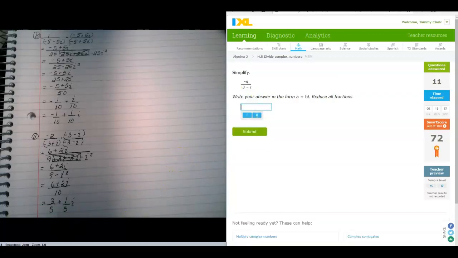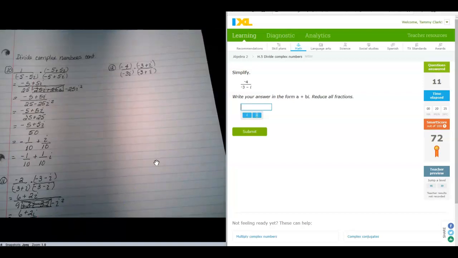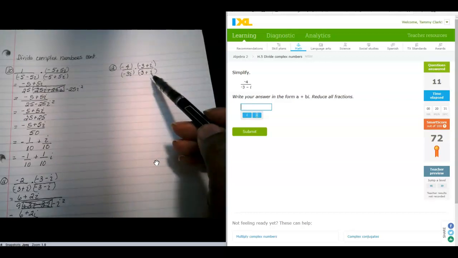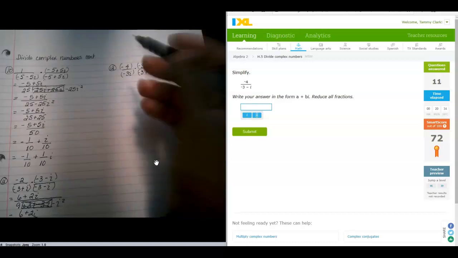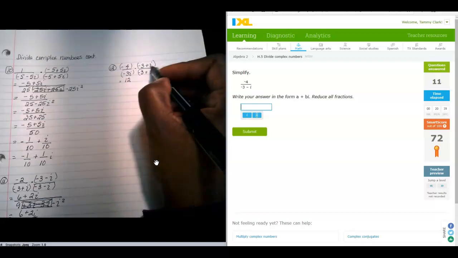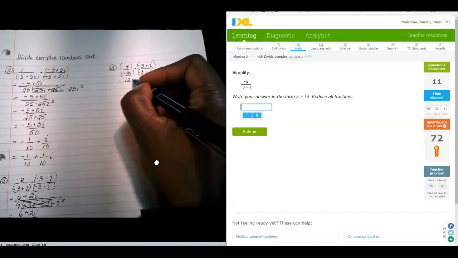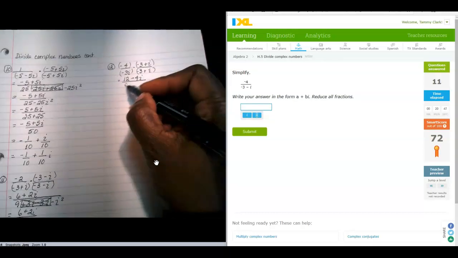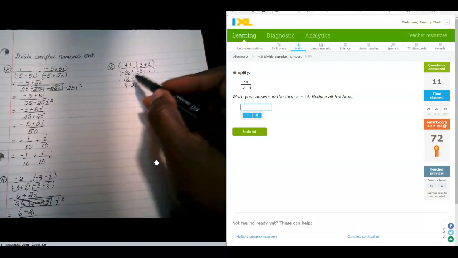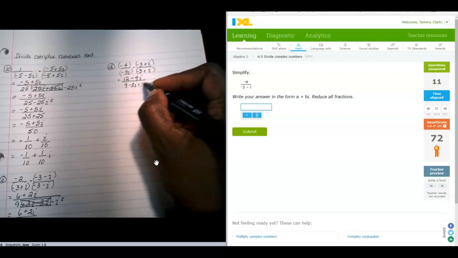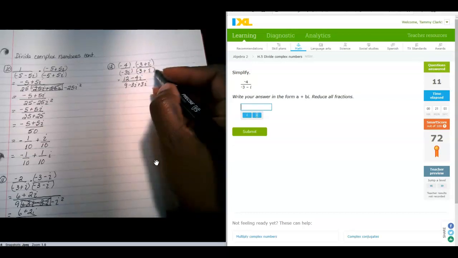Okay, just a few more to go. All right, we've got -4 divided by -3 minus i. We're multiplying by the conjugate, which is -3 plus i. Let's go ahead and get to it. -4 times -3 is positive 12. -4 times positive i is -4i. And then on the bottom, we've got -3 times -3, which is positive 9. -3 times positive i is -3i. Negative i times -3 is positive 3i. And then i times i, or negative